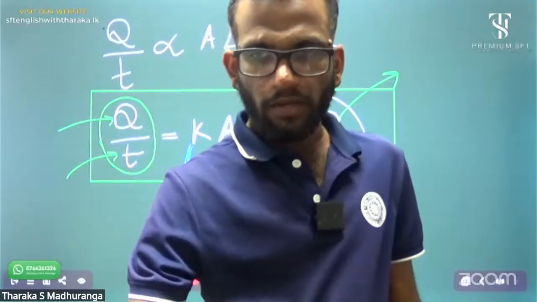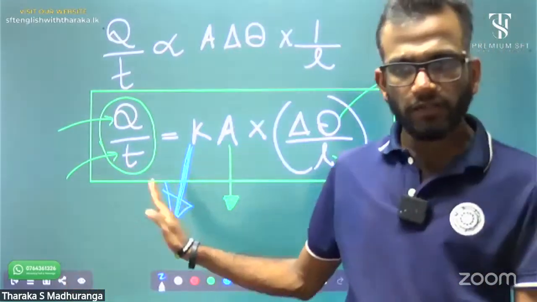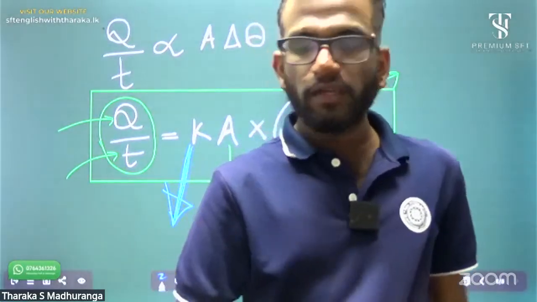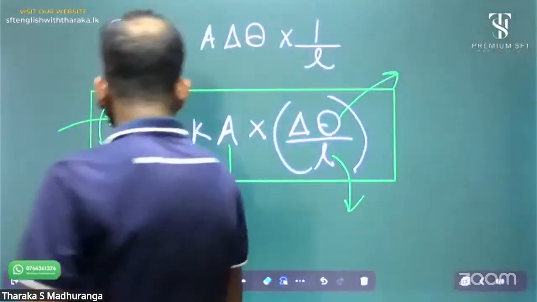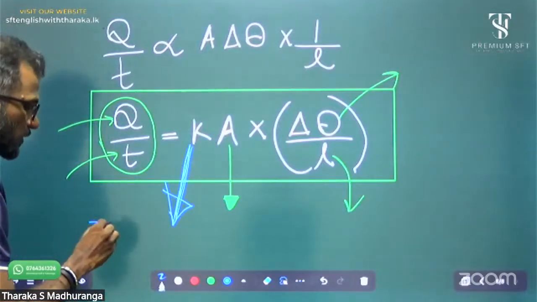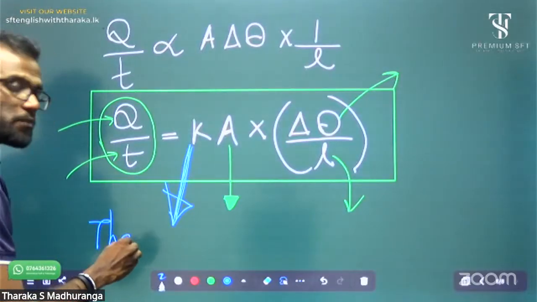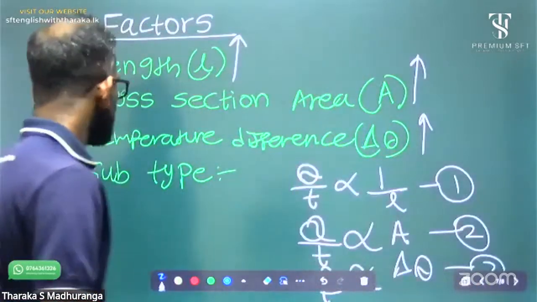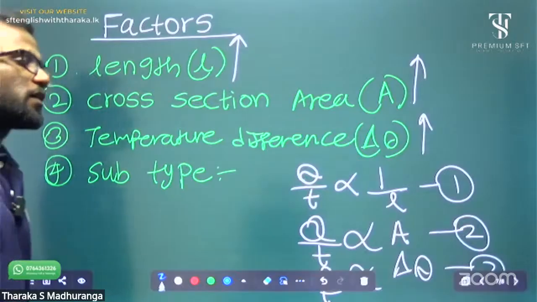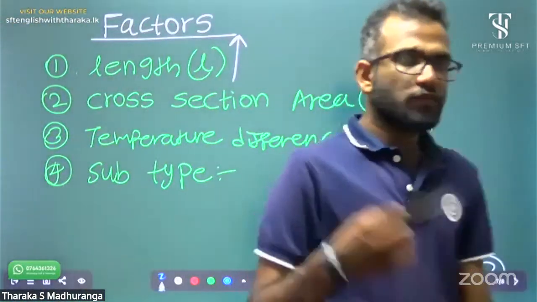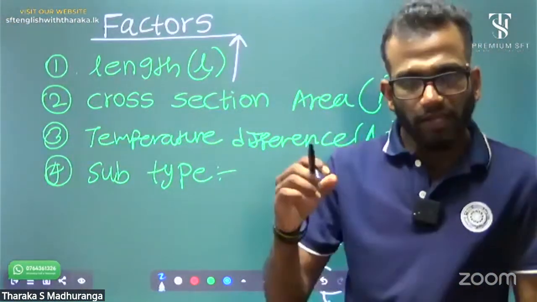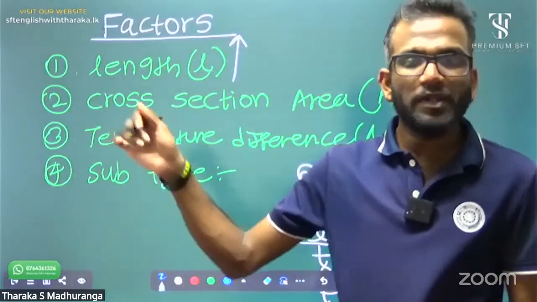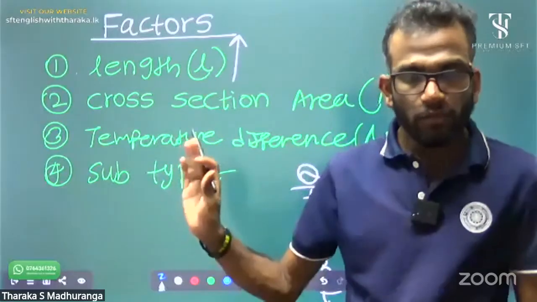No, Tanya. It depends on the substance type, but it has a special name. Thermal conductivity, very good. The K is thermal conductivity. Yes, thermal conductivity, but it has a special name. If there was a question to write down the thermal conduction rate equation and label the terms, you can't say K is